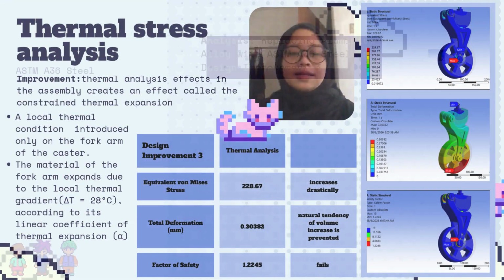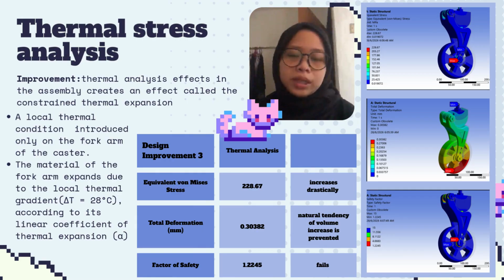8.6629. Next, the introduction of thermal analysis effects in the assembly creates an effect called constrained thermal expansion. A local thermal condition, thermal loading at 50 Celsius compared to the reference temperature of 22 Celsius, is introduced only at the forearm of the caster. The material of the forearm expands due to the local thermal gradient, which is 28 Celsius, according to its linear